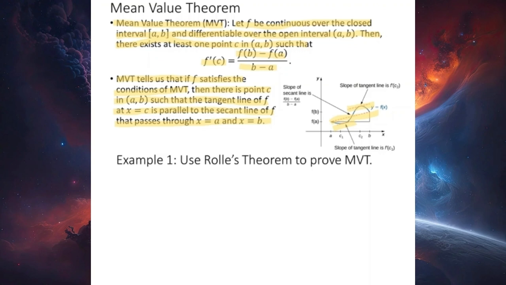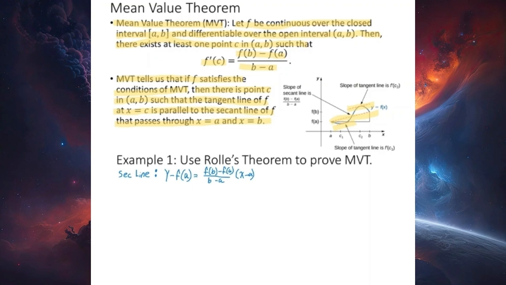From what we talked about earlier, f(b) minus f(a) all over b minus a represents the slope of the secant line of f(x) passing through the points b and a. So what we can do is make an equation of our secant line. Since our slope of the secant line is f(b) minus f(a) over b minus a, and